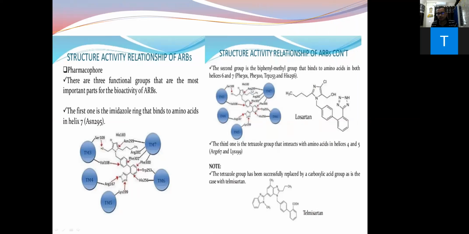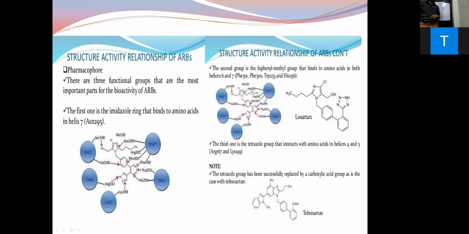So now let's go into the structure of the compounds. Let's go for the structure. If you see in the example over here, you can take losartan as your structure. So what are the basic things it contains in the losartan structure? Don't get confused, these are the sites for the binding.